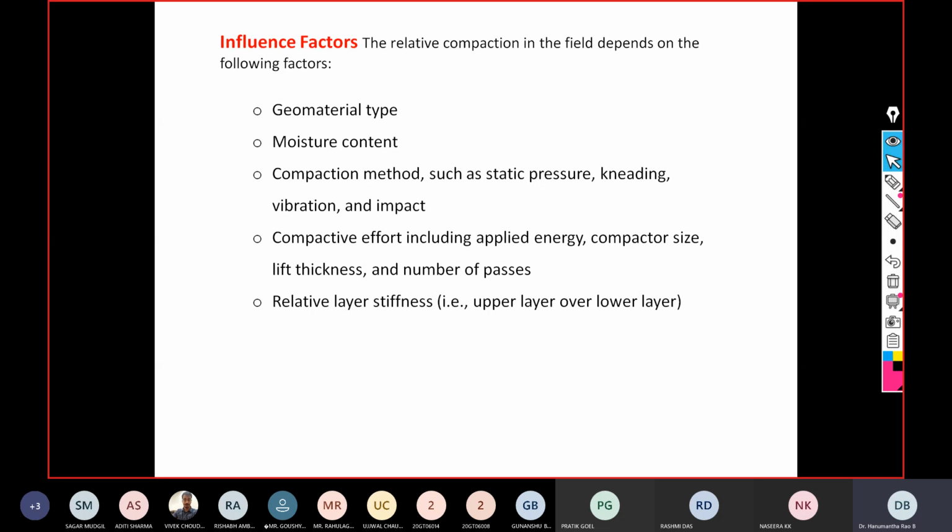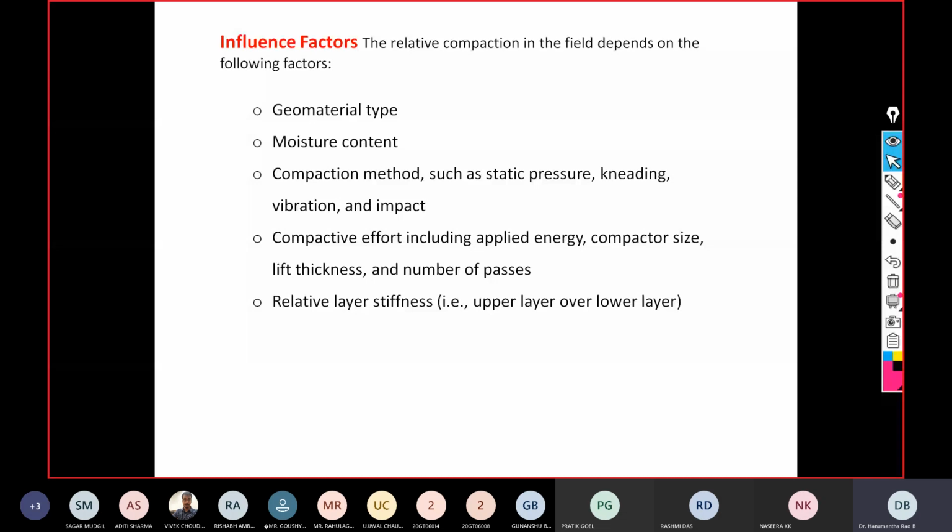For example, if the soil is dominant with the clay fraction, then how do we ensure the compaction? If the soil is dominant with the sand fraction, or dominant with the silt fraction, how will the parameters be different? Then moisture content is one of the very important parameters. In the absence of it, the added water acts as a lubricant and thereby facilitates the particles to rearrange so as to achieve the densest possible state. So this is the role of moisture content.